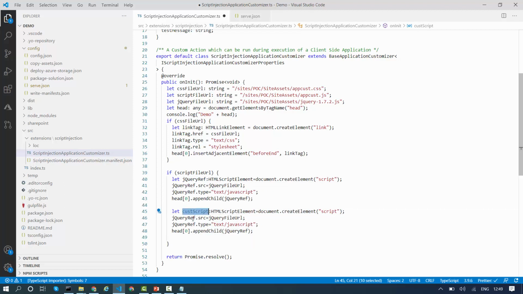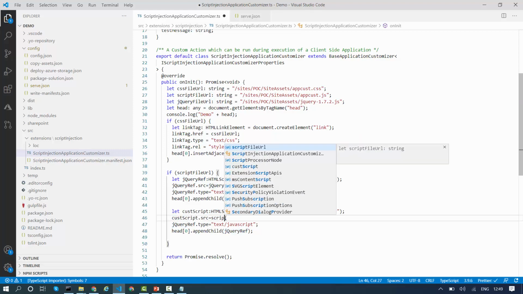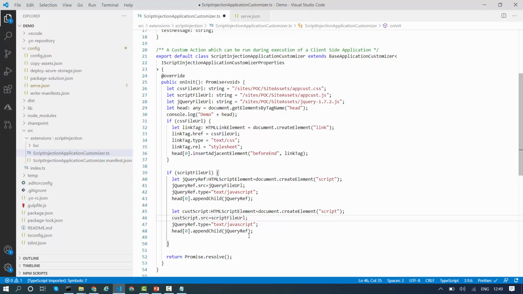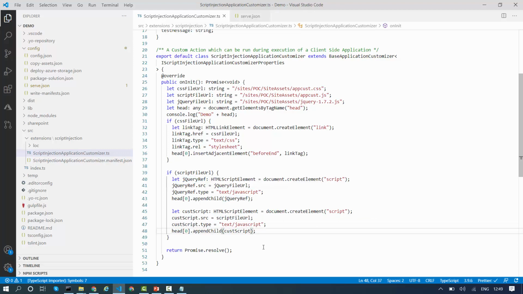Now custom script dot source I have to provide, and source will be script file URL. This will remain the same, and over here again I have to simply change the custom script dot type, and over here I have to change the custom script. So guys, this is done.